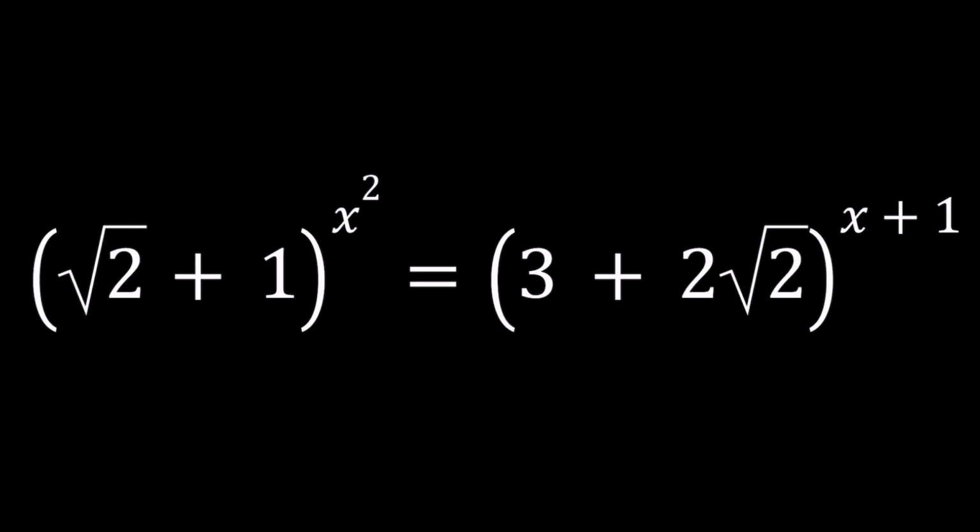Hello everyone. Think math is all numbers and no drama? Think again. Today we unlock the secrets of a deceptively simple equation. Square root of 2 plus 1 to the power x squared equals 3 plus 2 root 2 to the power x plus 1. It might look innocent, but hidden inside is a twist of radicals, exponents, and a surprising pattern